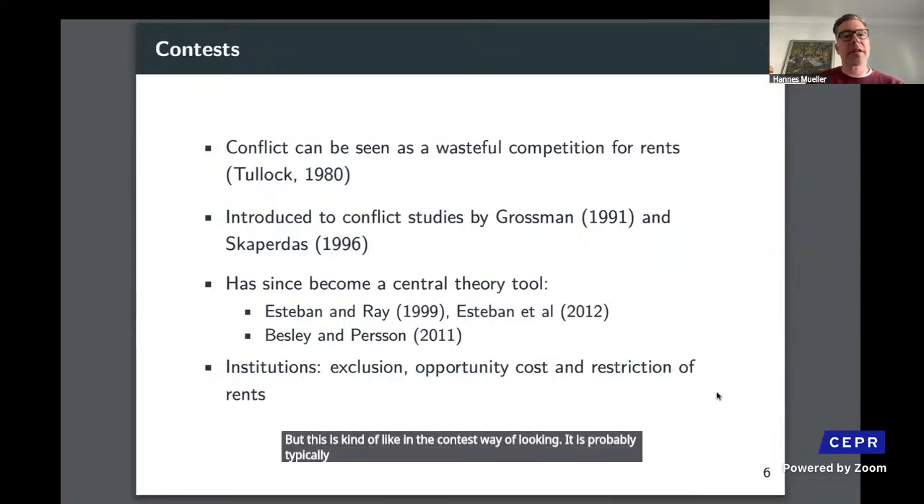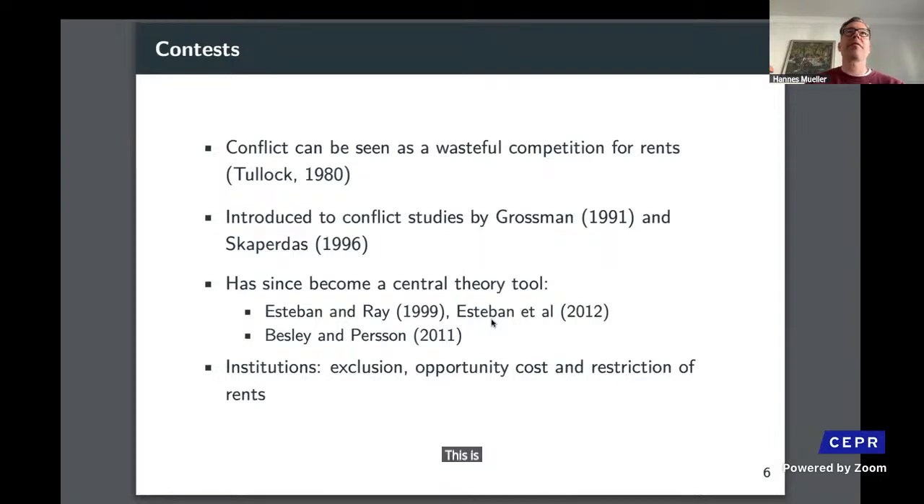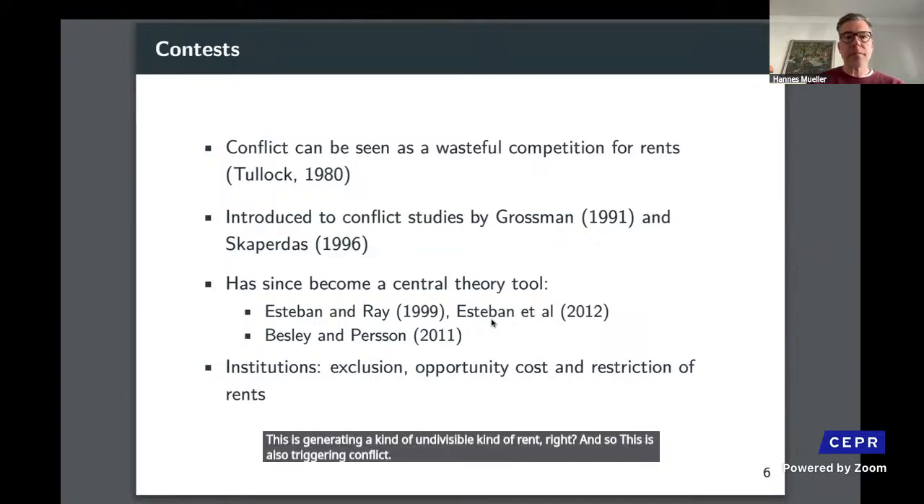I mean, Debraj Ray and Esteban, and Mayoral and Ray, they also have a lot of work on public services broadly defined, right? Some of them are, for example, what religion the state is promoting, right? And so this is generating a kind of indivisible rent, and so this is also triggering conflict. Okay, so